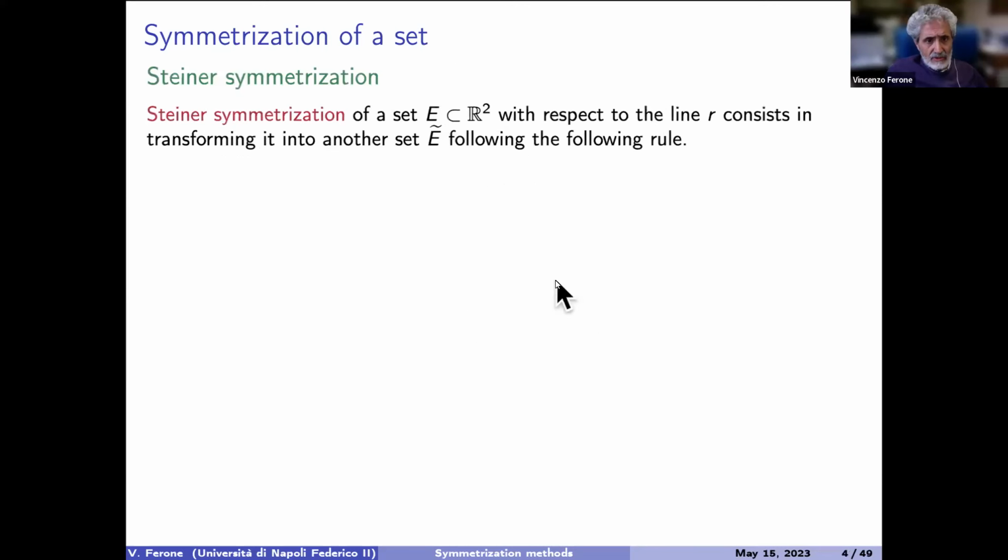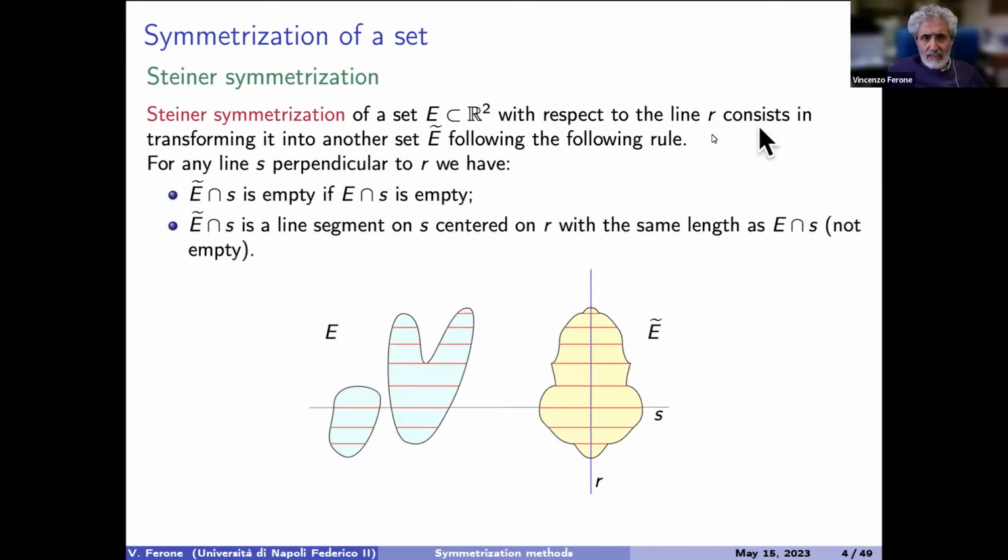These kinds of properties can be obtained also with different symmetrizations. I will concentrate on Schwarz symmetrization, but sometimes it can be useful to use also what is named Steiner symmetrization, which consists in applying a Schwarz symmetrization fixing one or more variables. So for example, if E is a set of R2 and we take a line R, the Steiner symmetrization of E with respect to this line R consists in transforming the set into another set, E tilde,